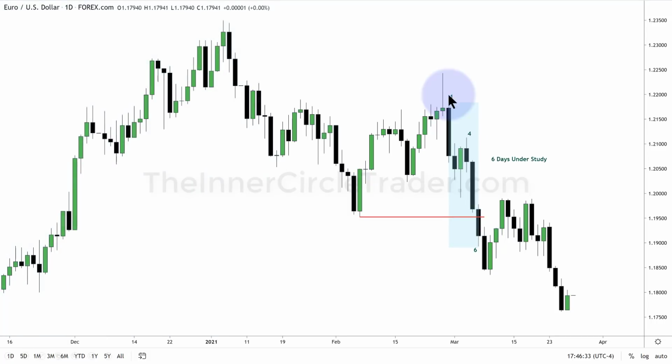So this is the first day of 6 days under study. So this very day here is the first one. Second, third, fourth, fifth, and sixth day, which is delivered underneath this low. So just make sure that you understand this red line here denotes this old daily low. This old low here, on your own charts, you want to note that, draw that out in time, because if we were up here and we were expecting price to be driven to this level here,